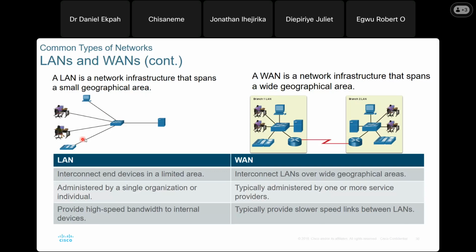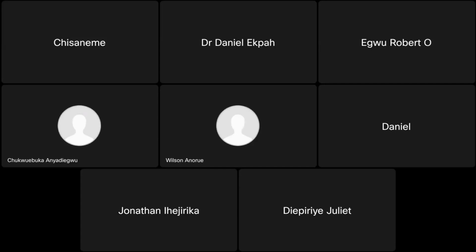Oh yeah, I can hear you. Hello. Okay, sorry, I don't know if what you're explaining has a different image from what I'm seeing, because I'm still seeing LANs and WANs, but I'm not seeing the other one from my end. Okay, let me stop sharing and share my screen. Thank you.